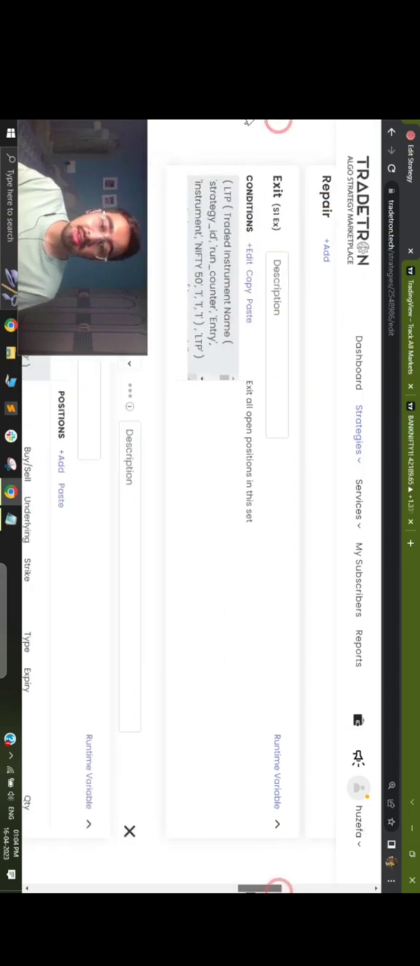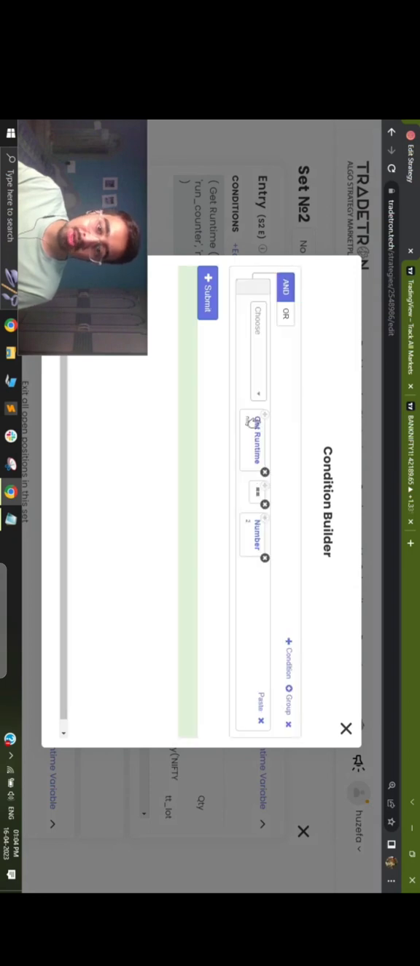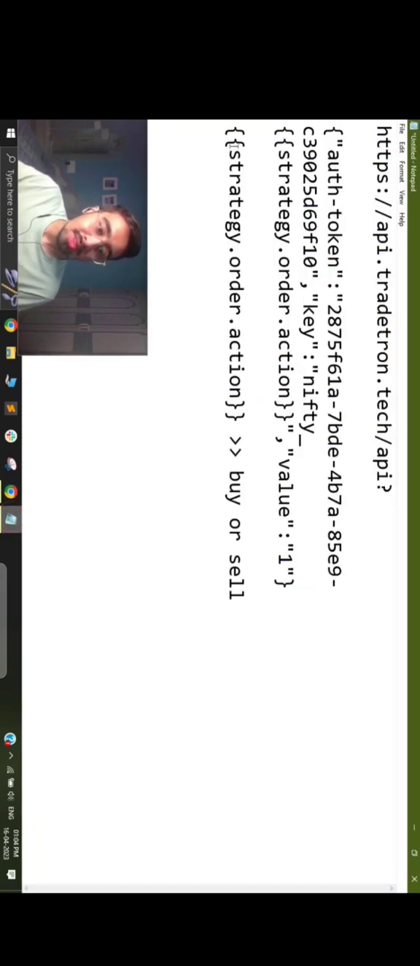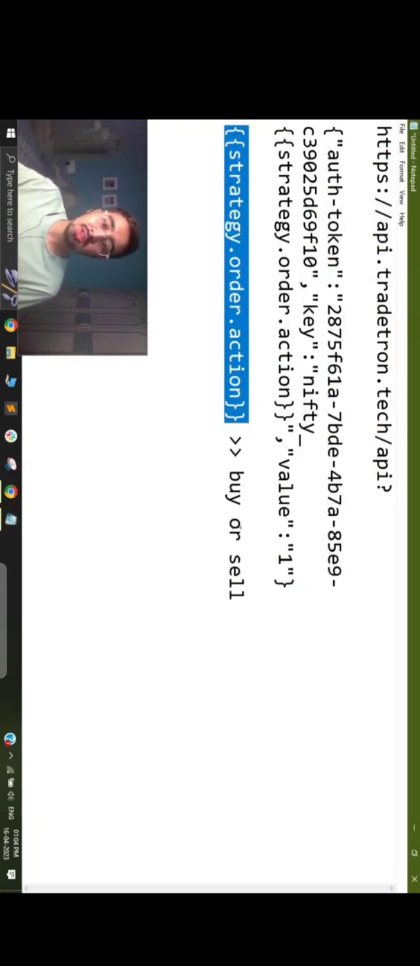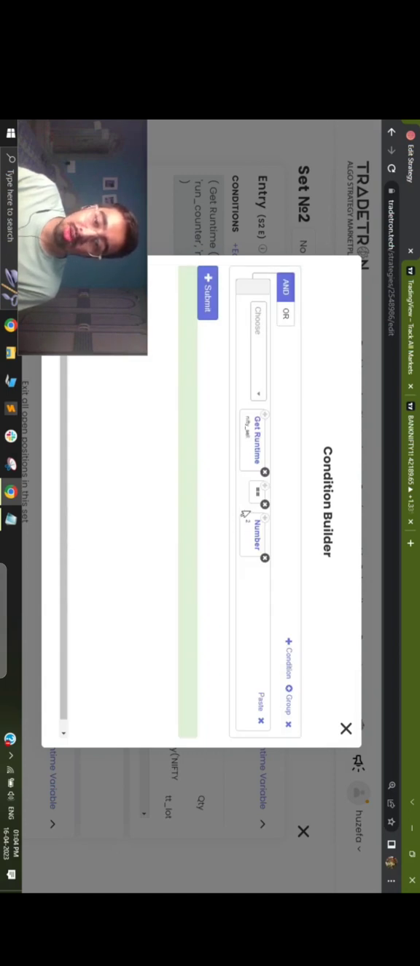So when I have to take a short trade, I will again go to my edit condition for my set 2, and again in get runtime I will basically add an underscore, and now I know that my strategy.order.action will send me a sell in case of a sell trade. So I will again go back to my entry condition and I will make this as sell. So by adding this, I will now know that my variable is coming in as Nifty_sell, and my number out here